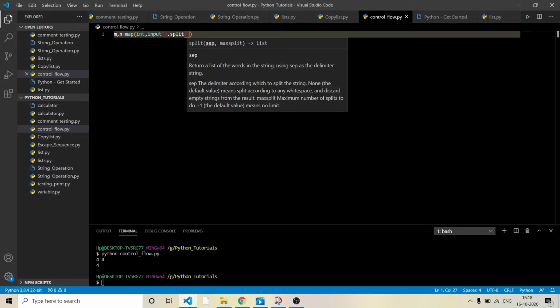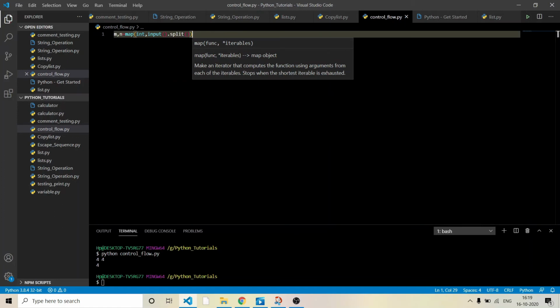Okay, and you need to use int if you are using integers, because if you will not typecast, you'll definitely get a value as a string, and you know the string cannot be manipulated as it is immutable. We have learned this in previous videos. So that is why we need to typecast it, and for typecasting we have used mapping. Okay, so it's not very difficult. I hope you get this.